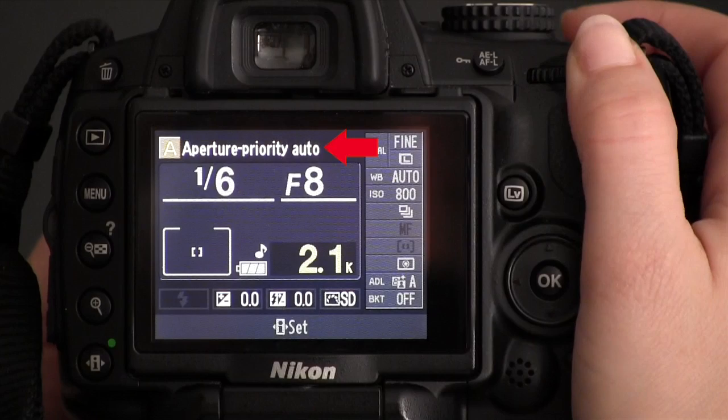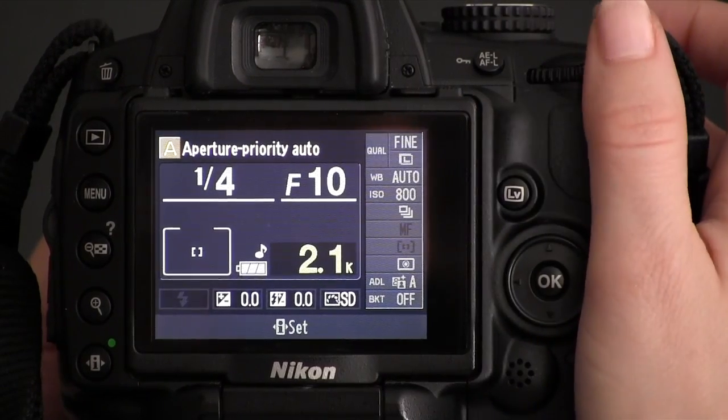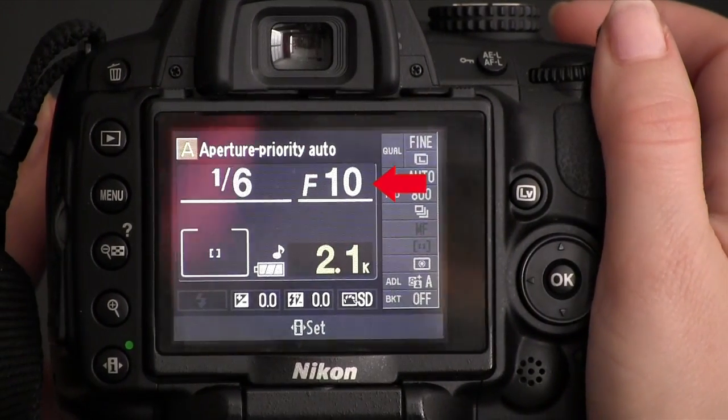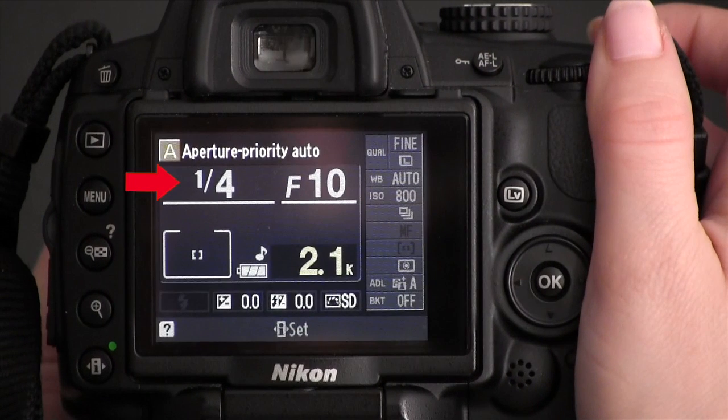As you notice, the camera is now presenting the word Aperture Priority Auto at the top of the camera screen, signifying that it is in the correct mode. This time, the f-stop will be controlled by the command dial, and the shutter speed will automatically adjust to the surrounding settings. As the camera moves, the f-stop is the independent variable, and the shutter speed will be the dependent